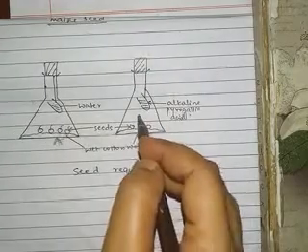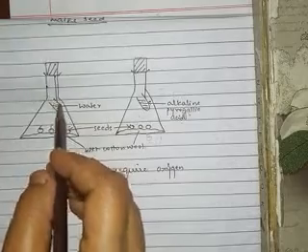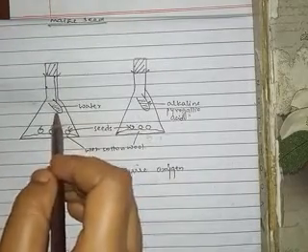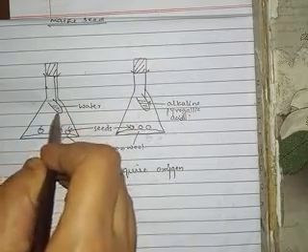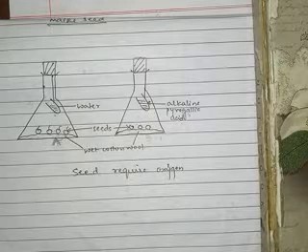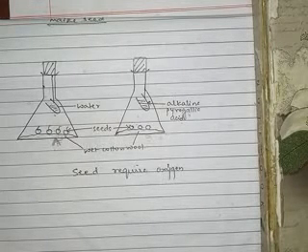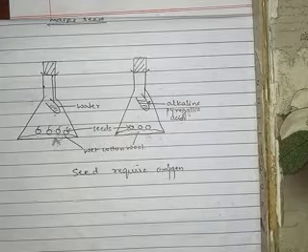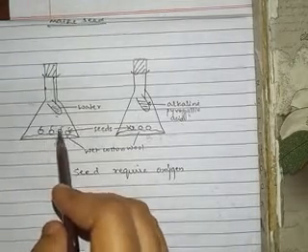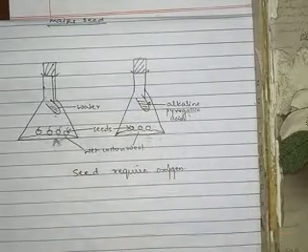So no oxygen is available in this case, whereas in case of flask A we have inserted a test tube containing water, so oxygen is already available over here. Now we will be keeping this particular experimental setup at room temperature for 2 days. After 2 days we observed that the seeds that were present in flask A germinated, and the seeds that were present in flask B did not germinate.